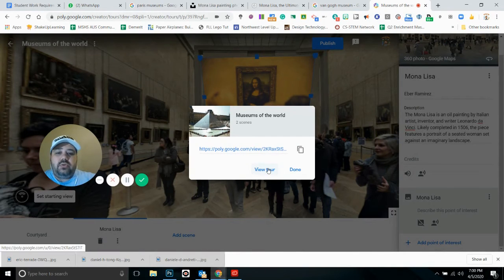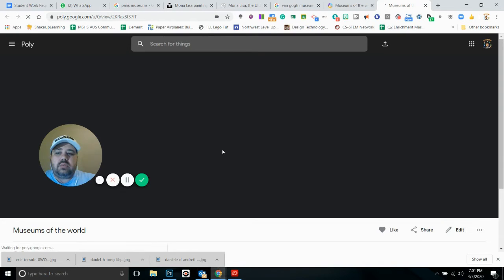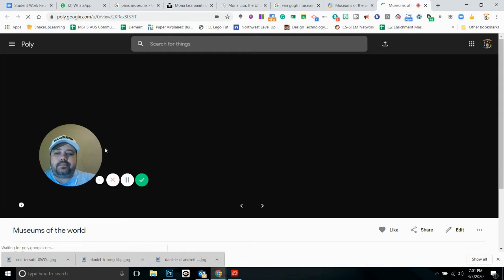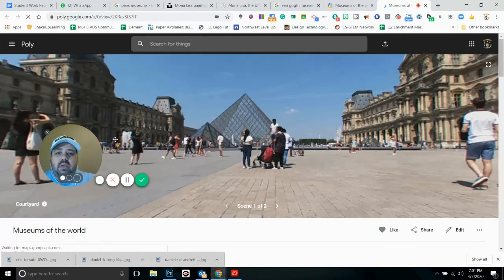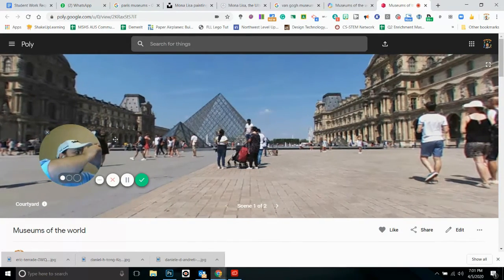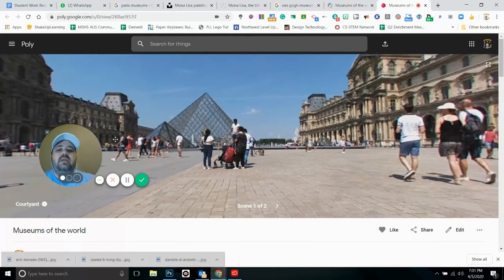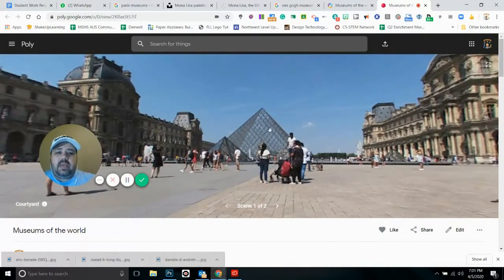So here's my VR link. As I go to view the tour, it's going to show up as this. So if I had my virtual reality goggles, I would be able to look around, and as you can envision me looking through my VR goggles as I turn from left to right and up and down, that is what I would see. So I would spin around, and